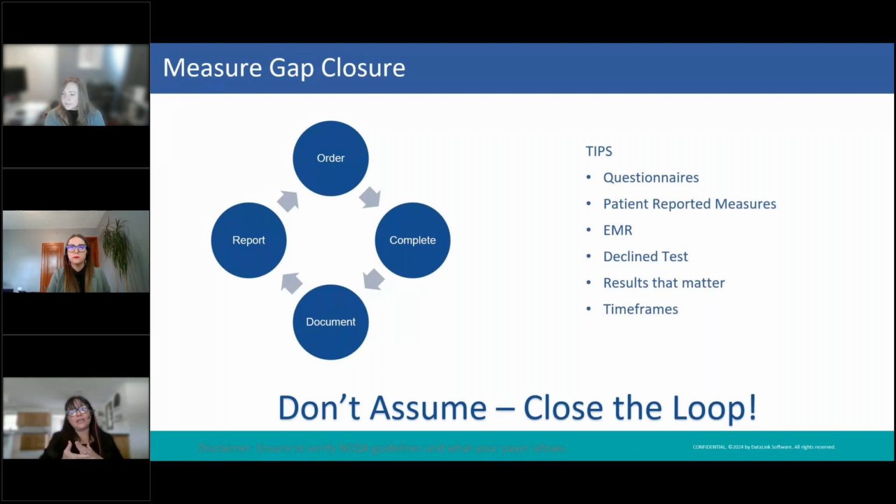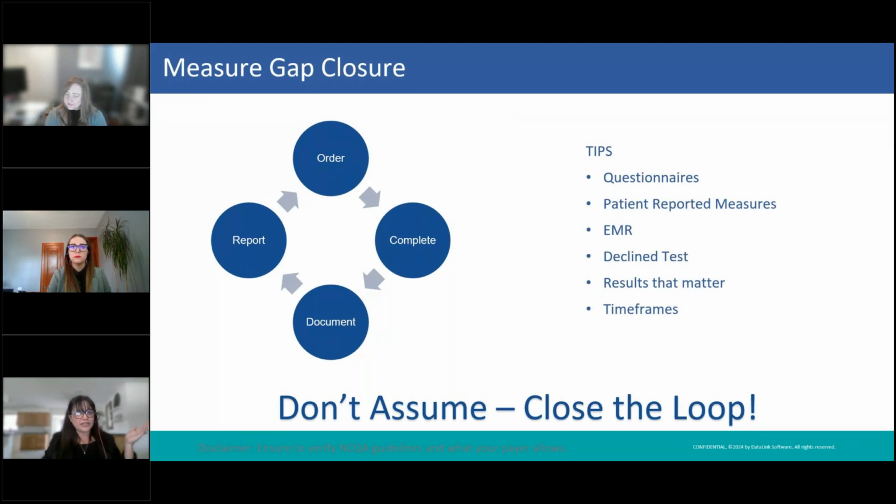I find that many times these things are documented on the progress notes, but not reported. So think about those frailties that need to be reported and recaptured. Also, think about those measures where the result does in fact matter. Make sure that they're captured appropriately. And if in fact you have to order those tests, try to do it early in the year, of course, not at the end of the year when the mother-in-law comes to visit and there's lots of desserts happening that's going to throw off those results.